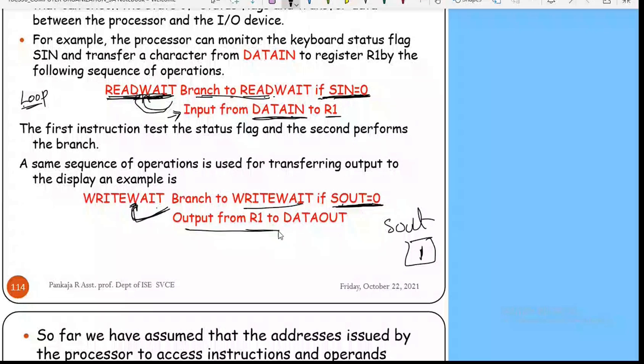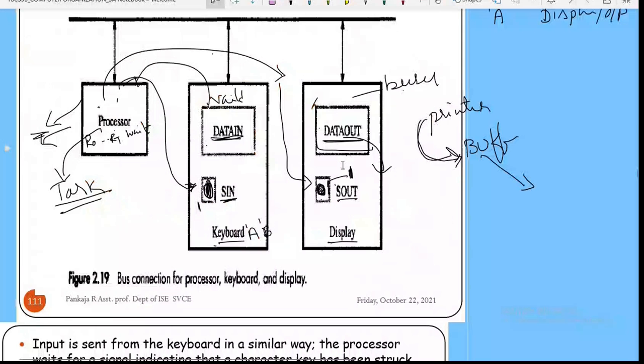If the device is ready, the content of register R1 is sent to data out. This is the register or buffer associated with the display device, the output device.